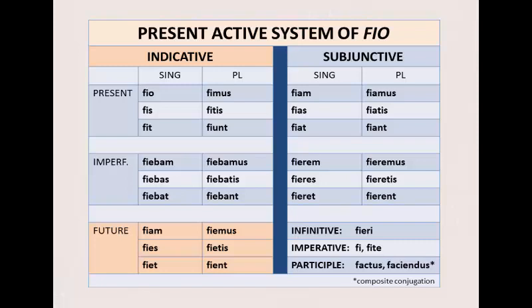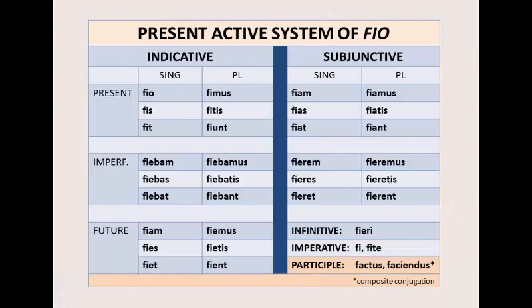Let's move on. The present subjunctive is thiam, thias, and so on. And if the infinitive is thieri, then the imperfect subjunctive will be thierem, thieres, and the like. The imperatives are thi and thete. They are attested in Latin, but seriously, I can't remember the last time I saw either. You should learn them, but you should also know you won't ever see them from me.